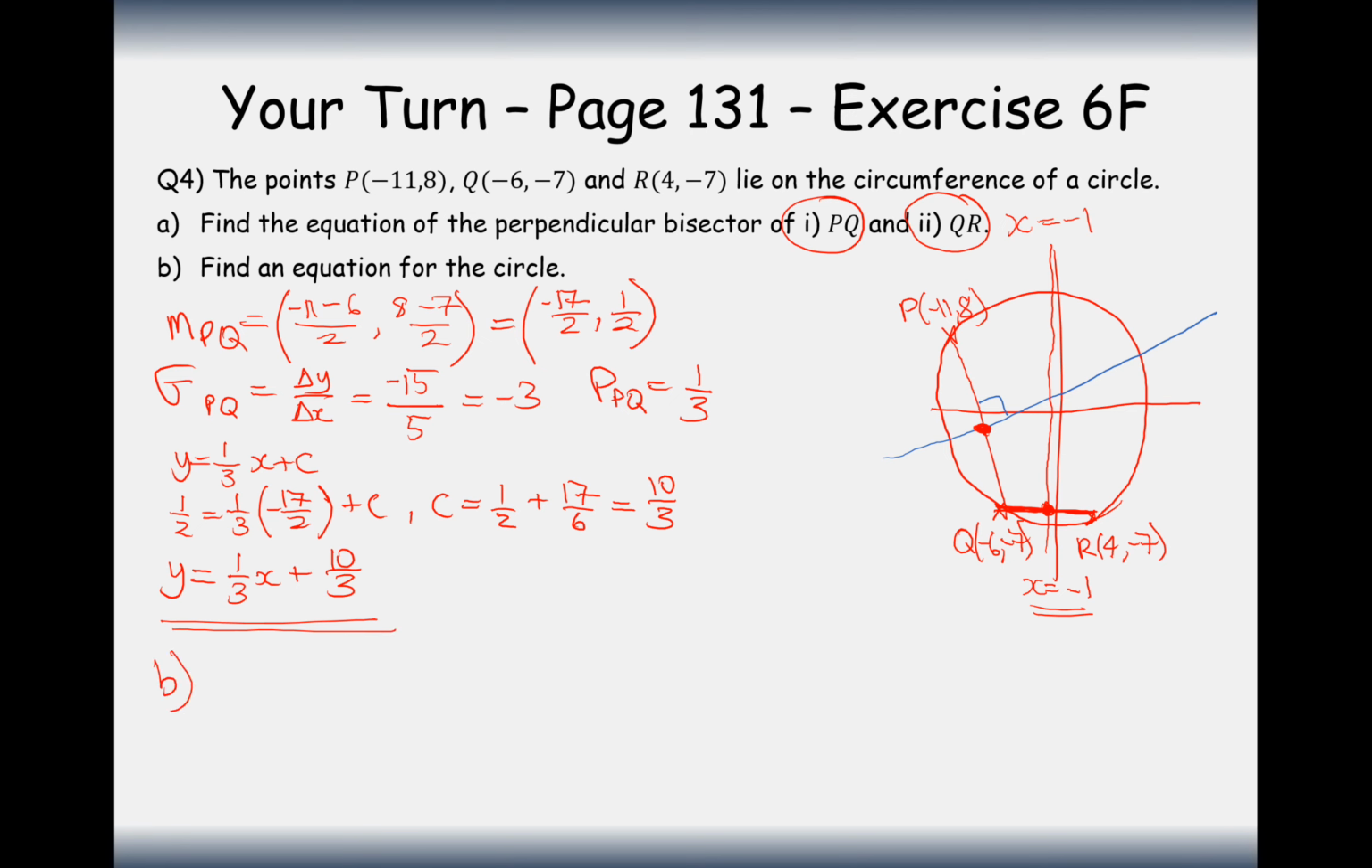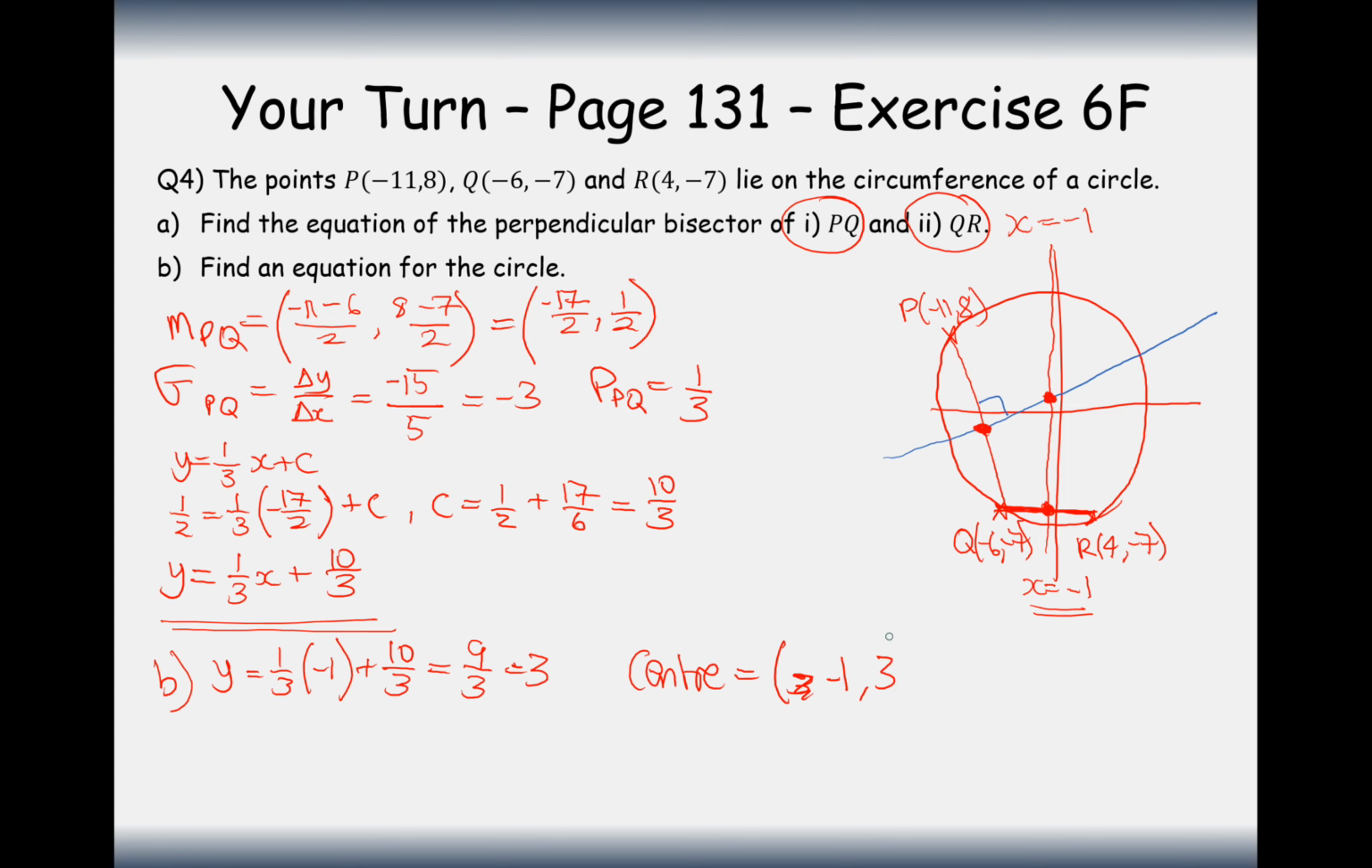Part B is now to find the equation of the circle. So what we want to do now is find the midpoint at which the two bisectors intersect. Now we know the x coordinate is definitely going to be -1, so plugging that into this equation here, I get a third of -1 plus 10/3. That's 10/3, take away a third, so we get 9/3, which is the coordinate 3. So the centre of this circle here is going to be